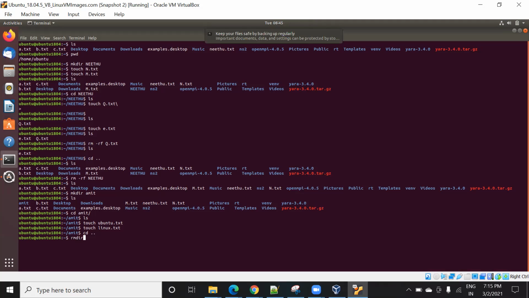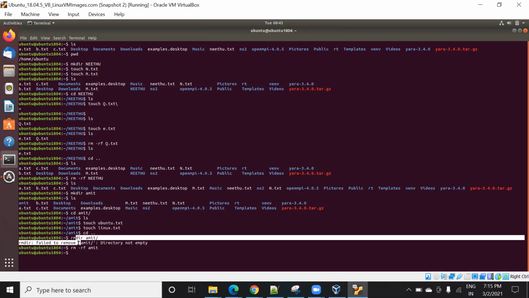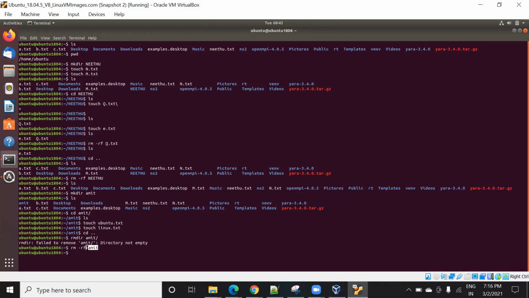Then you can write rmdir, then tab, so it will suggest you whatever the name. So it's now giving you an alert, right? Why is it giving you an alert? Because this folder has a file in it. So I was saying, let's see this. See this. Now this command works well for this folder, right?